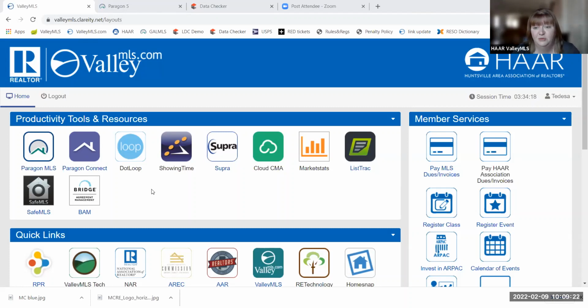So this is the dashboard. And when you log in using the credentials that you were given, this is where you land. Some of you, if you're assistants, may be assuming an identity from this level, and most of you are probably clicking into Paragon before you assume an identity. But this is the dashboard here.